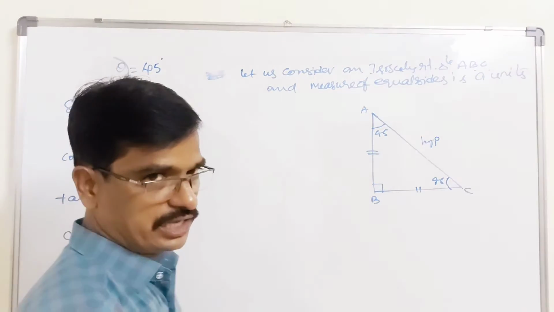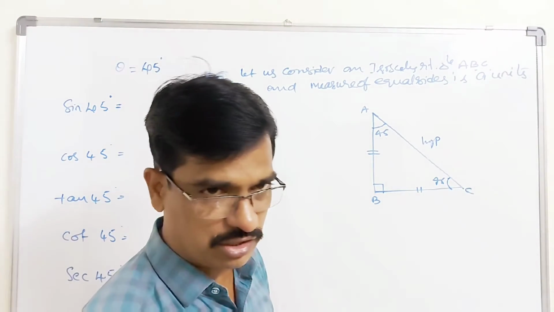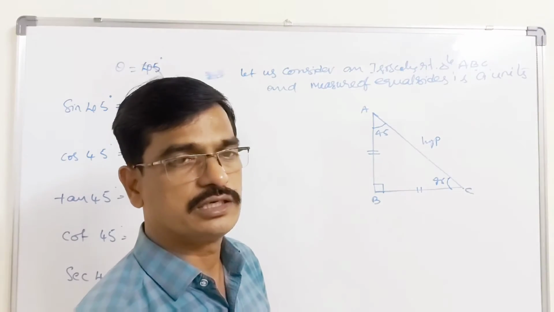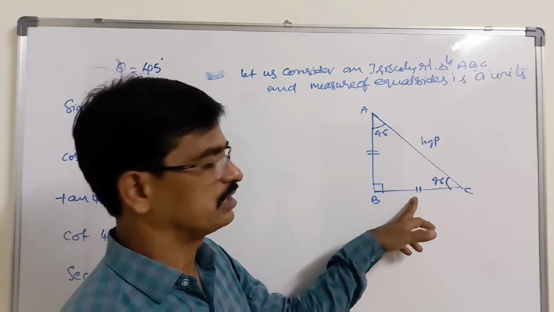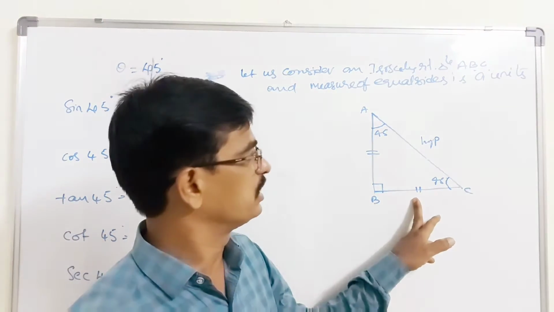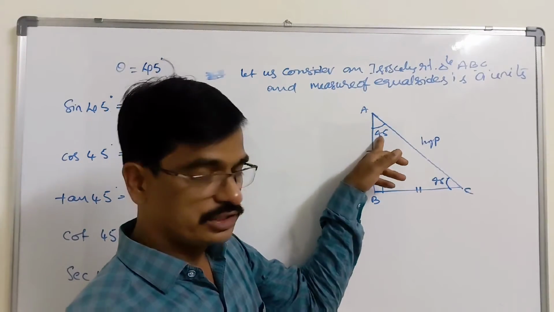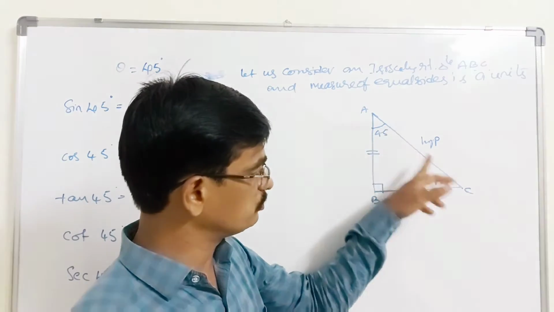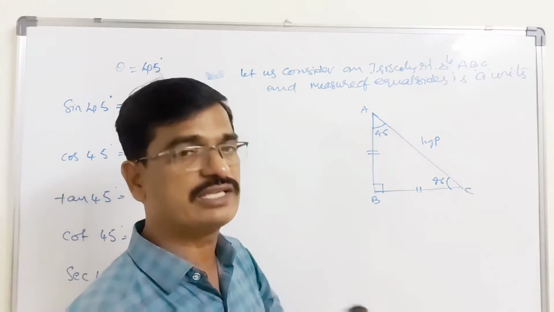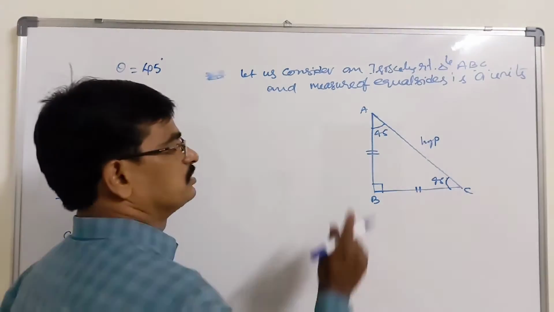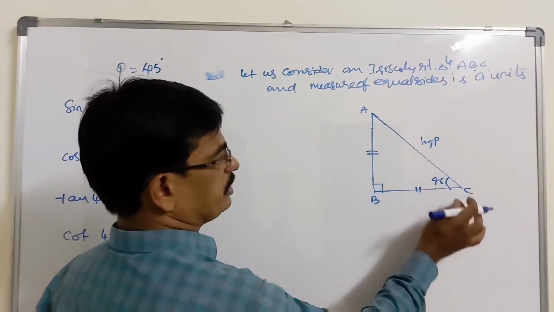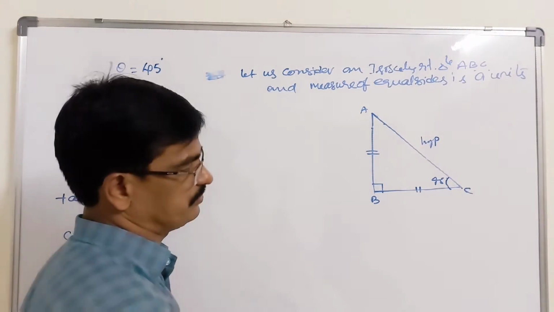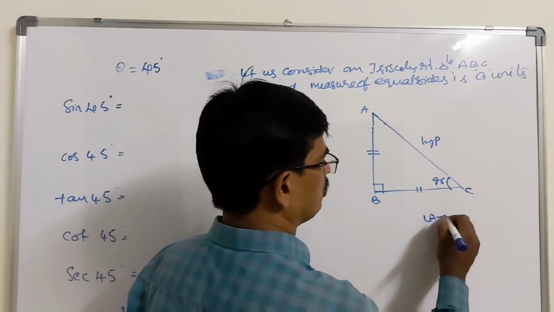In a right angle triangle, other than the right angle, the two angles are complementary. But since the two sides are equal, from the properties of triangle, the angles which are opposite to equal sides are always equal. So now we can mark at A and C. I have taken 45 here. If you want to prove it, we can prove it.